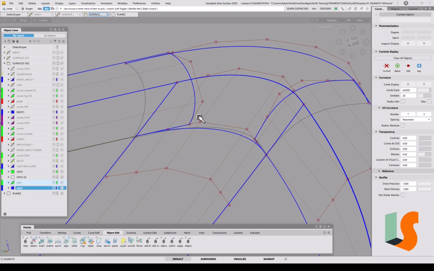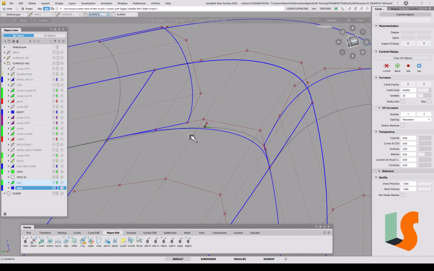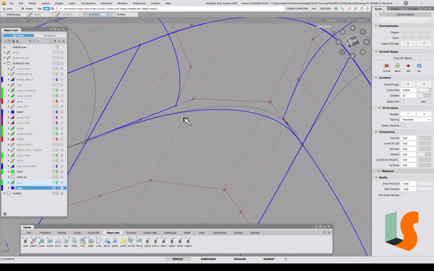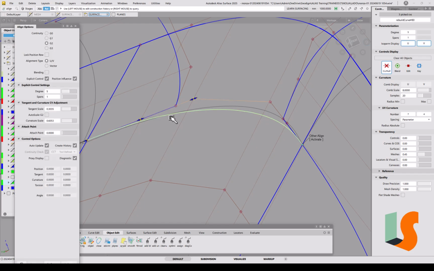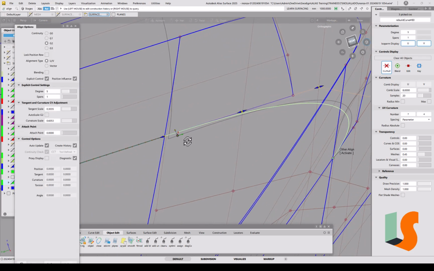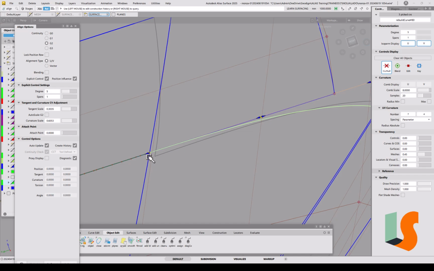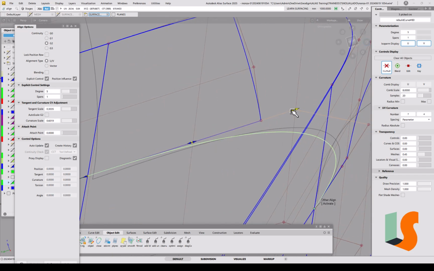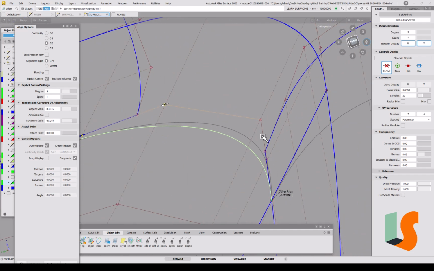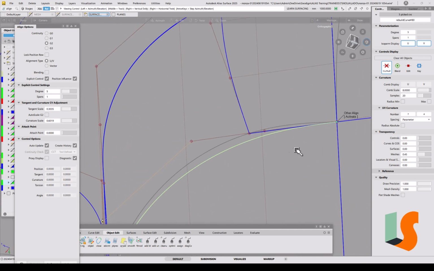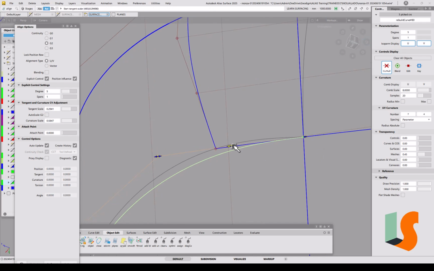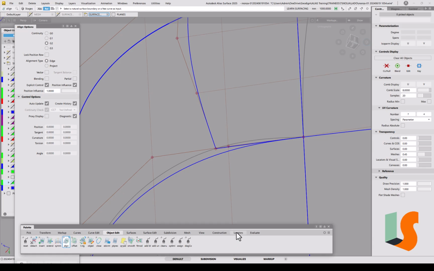Now, this one here, I was going to take the CVs off things, but I'm not going to bother. I think we can see them okay. So here's another case where that edge and that hole don't quite line up. They're slightly off each other, so these ones need to be similar. They look as though they are. That one's maybe a bit close that way, and then this one looks as though these should be exactly lined up with the holes because the edges are lined up with the holes, so these ought to lie on there,